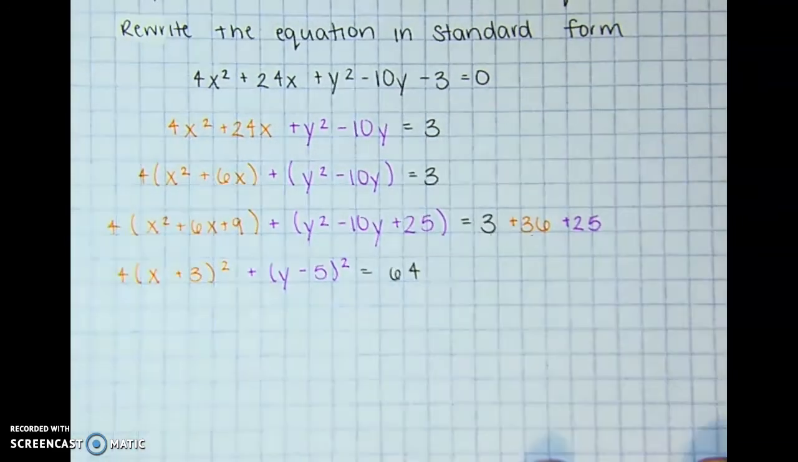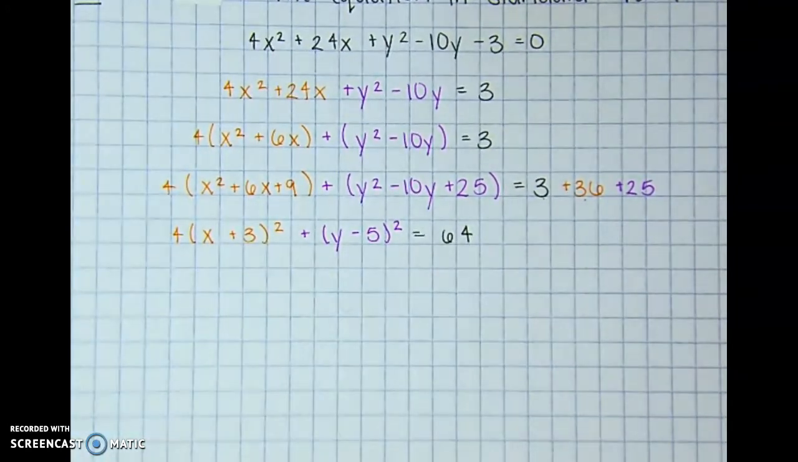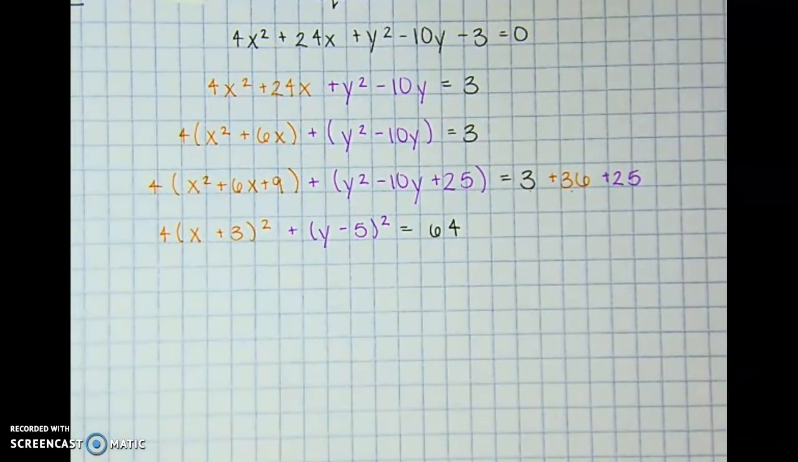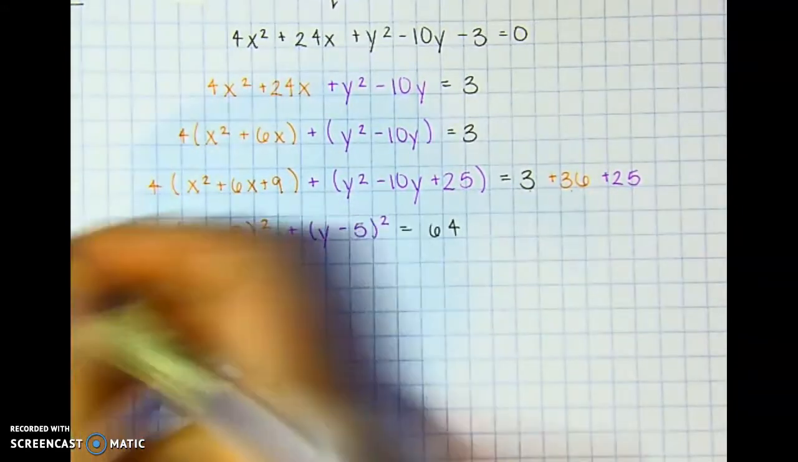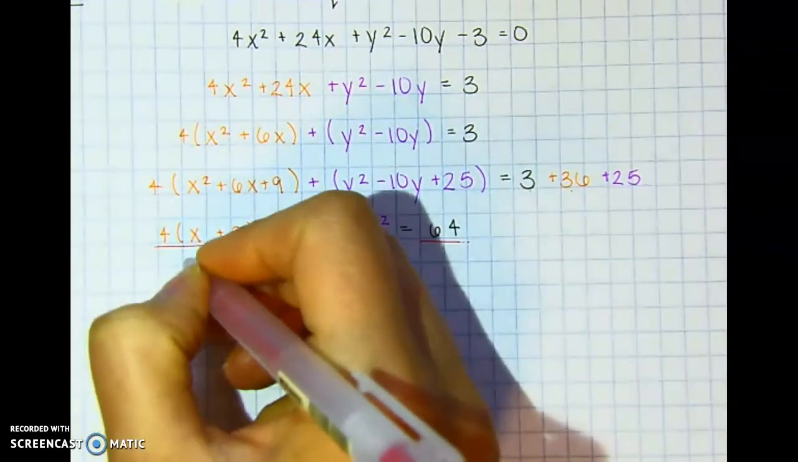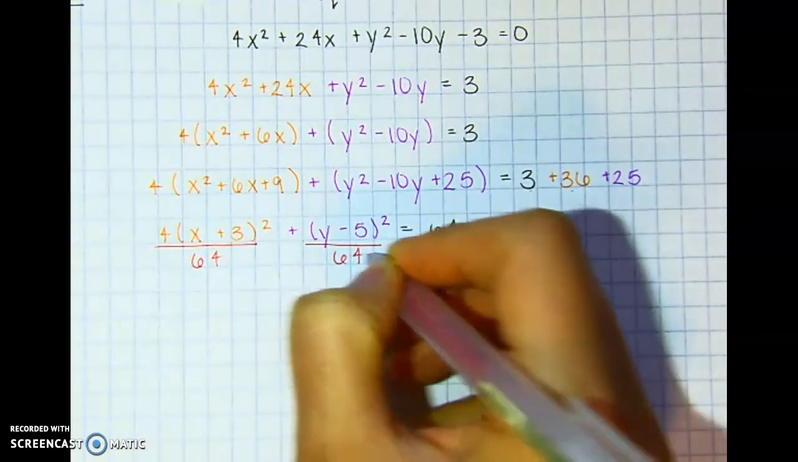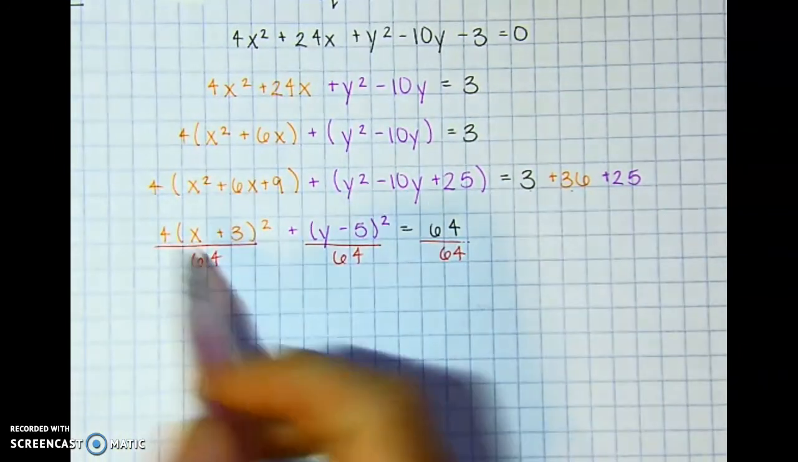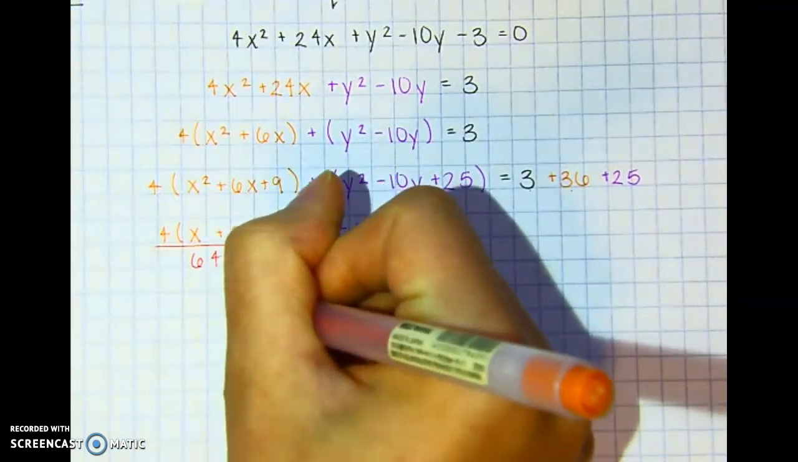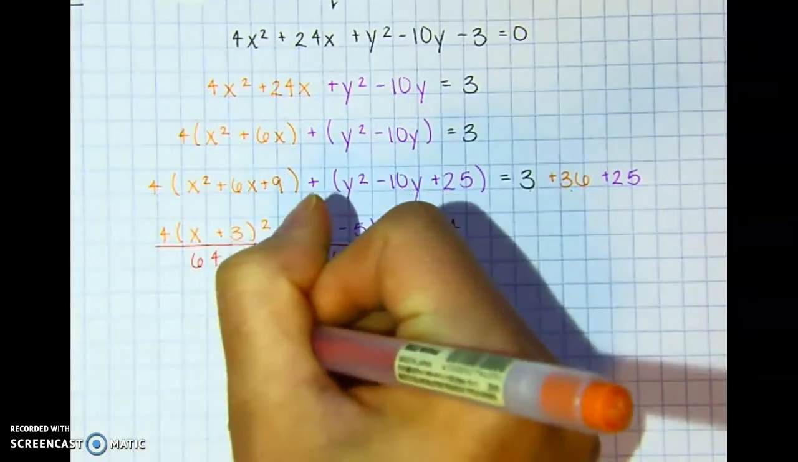Alright, now at this point we're getting really close. We have our squares. You can probably figure out what the center is going to be, right? Negative 3, 5. But we need to get fractions. We want this to equal 1. So I'm going to divide both sides by 64 and simplify. So I'm going to divide everything by 64. And then we need to simplify this fraction. So 4 over 64 reduces to 1 over 16. So this will be (x plus 3) squared over 16